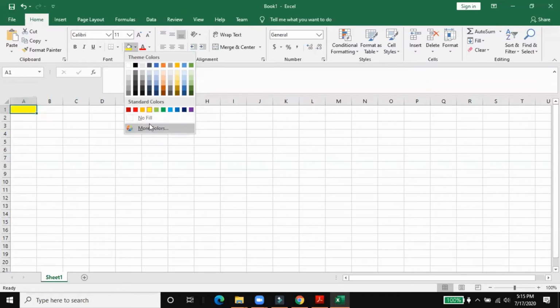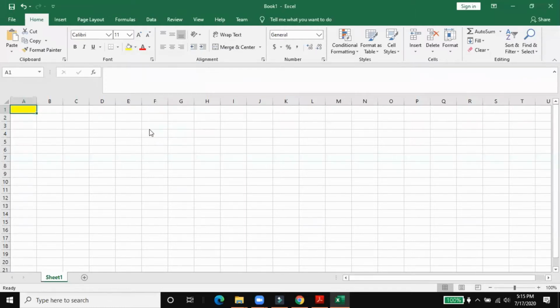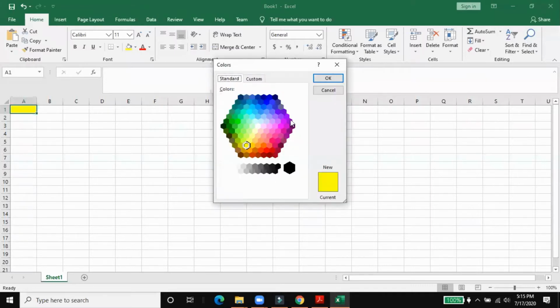If you want more colors, different shades and different types of colors, then we select More Colors. If you select More Colors, it opens a new dialog box with different types of color. You can choose from there, the light shades or dark shades, as you require.